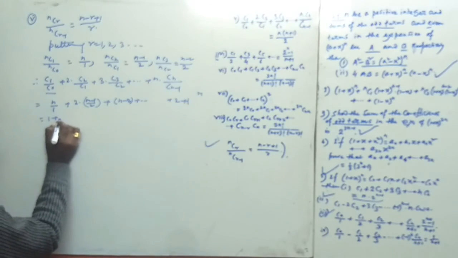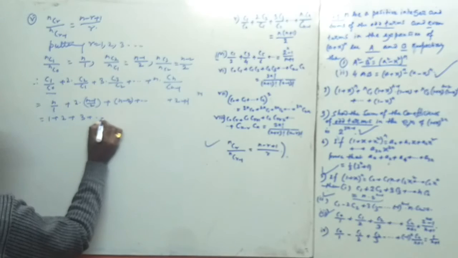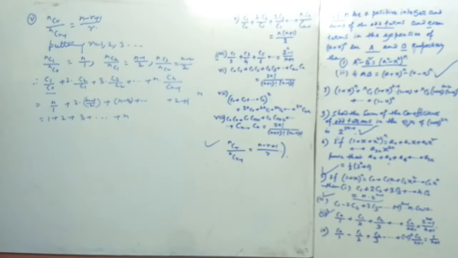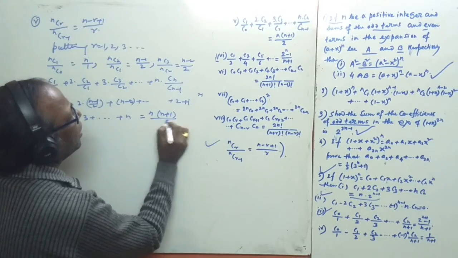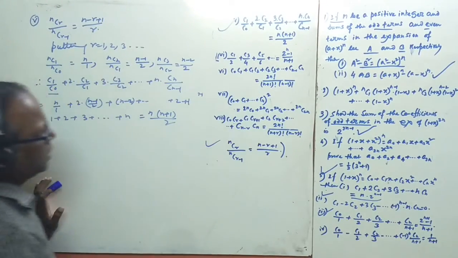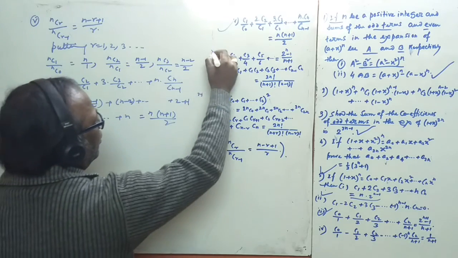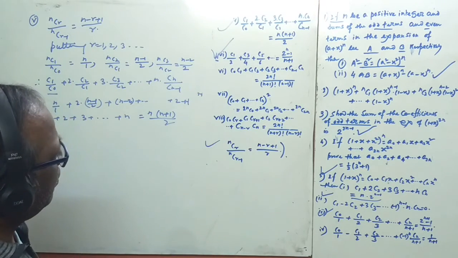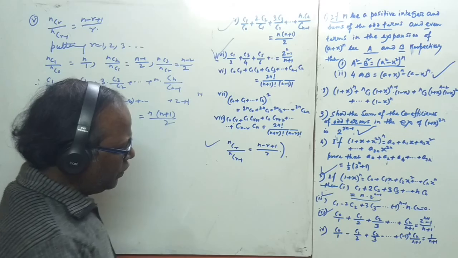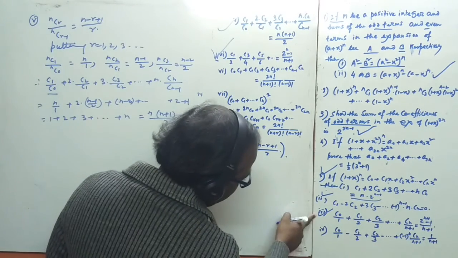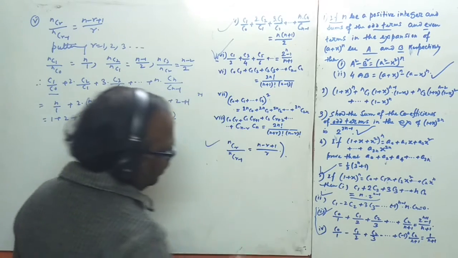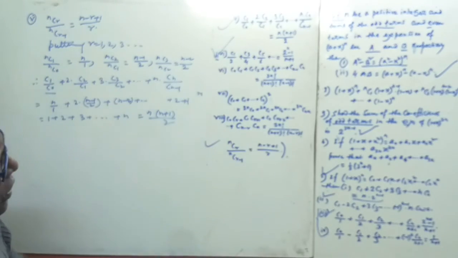And this is the series that you know, for every series the sum of 1 to n is n into n plus 1 by 2 here. Then we get the answer. For question number 6, follow the video. If we add the relation 3 and 4, we get the answer. And divided by 2 also, then you get the answer.